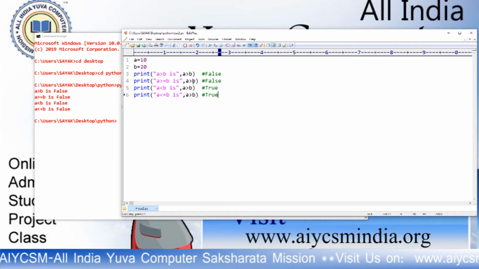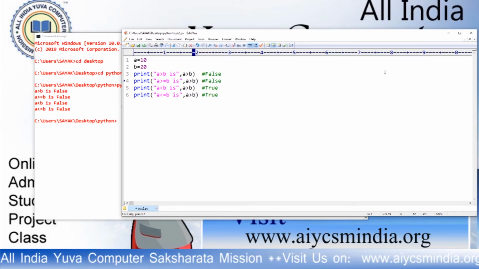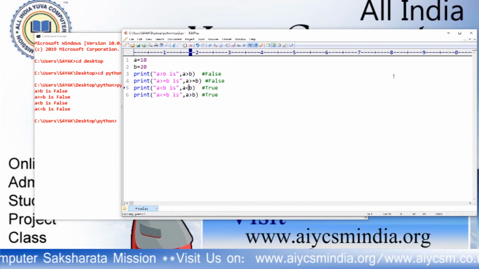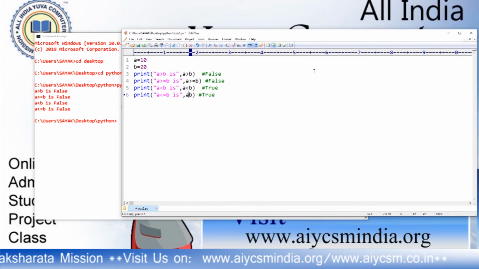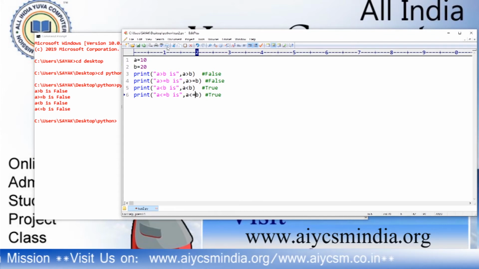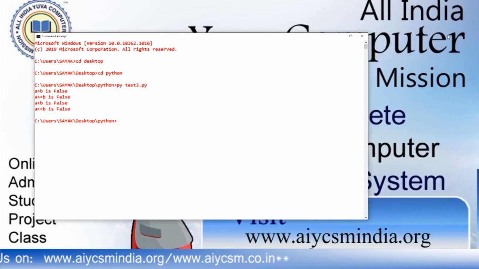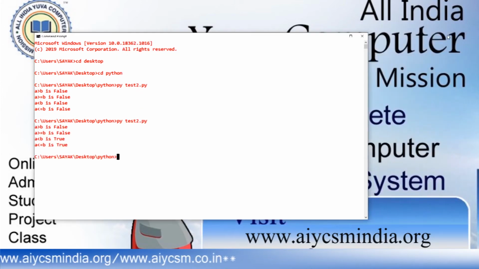Sorry for that. I just copied it and forgot to change it to less than. Now save and run it again. If you have a problem somehow, then you learn the program better.